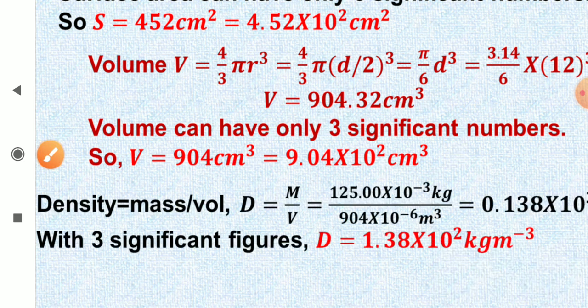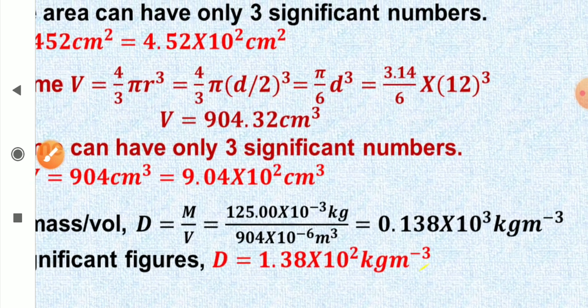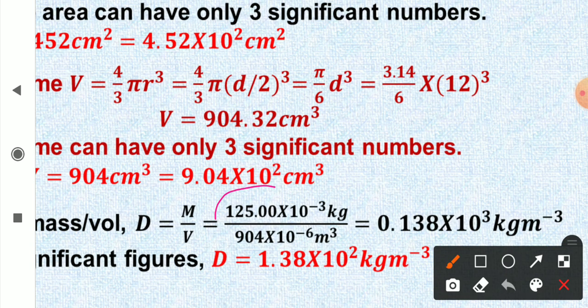And now let us come to density. Now the formula of density is mass upon volume. So the mass is given to be 125.00 gram, and convert it to kilogram SI units. So into 10 to the power minus 3 kilogram, and volume is 904 cubic centimeter. So 904 into 10 to the power minus 6 cubic meter. Convert this cubic centimeter to cubic meter,